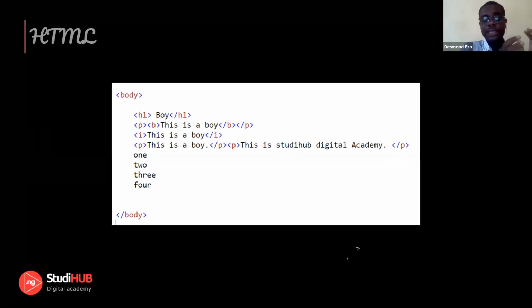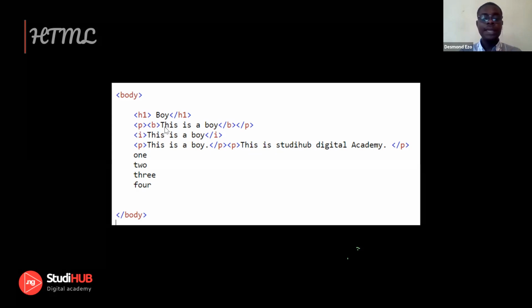So heading 1 in web browsers, the heading tag has up to 5 or 6 tags. They are differentiated by 1, 2, 3, 4, 5, 6. So we have H1, H2, H3, H4, H5. Each of these gets progressively smaller. The same way in your Microsoft Word, we have heading 1 and heading 2, and heading 1 is bigger than heading 2. Don't worry, it's going to be easy to see.